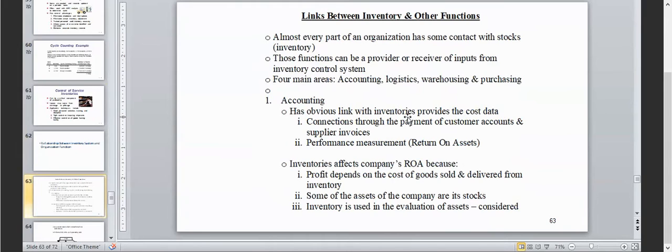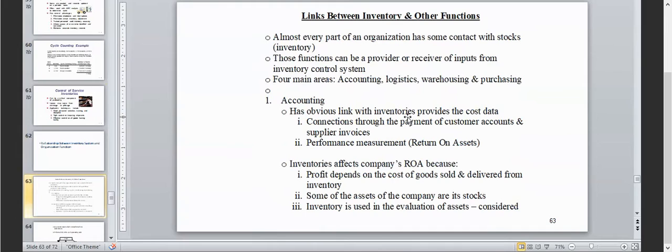So based on the return on asset, inventory affects it directly, because the profit depends on the cost of goods sold and delivered from the inventory, and some of the assets of the company are fixed stocks, and inventory is used in the